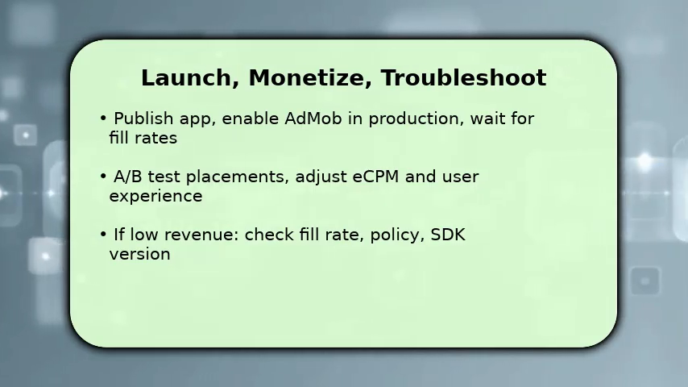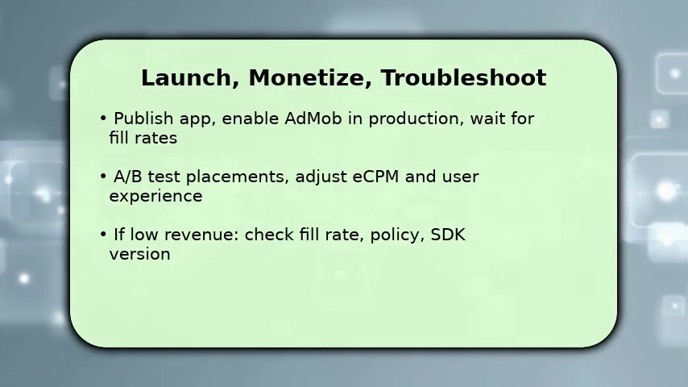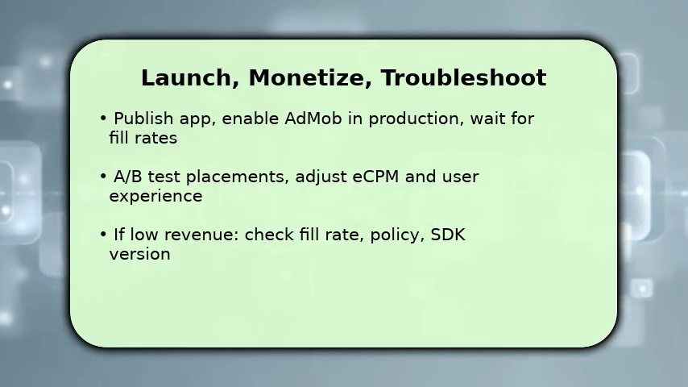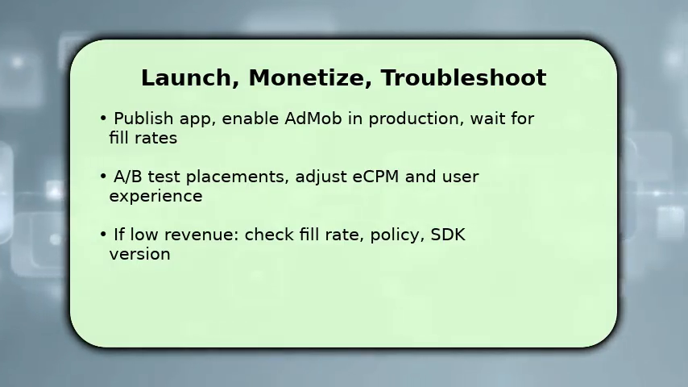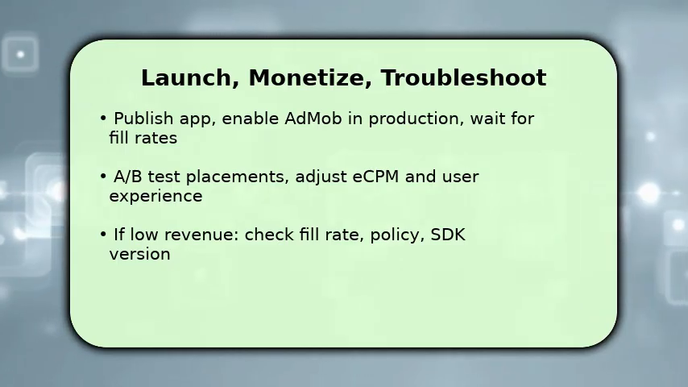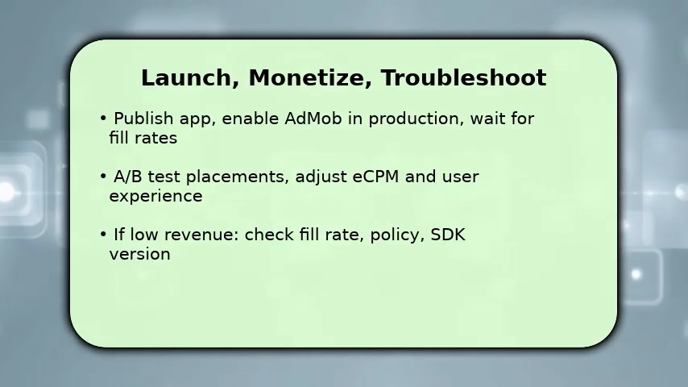Then run A/B tests on placement and frequency to improve revenue without hurting retention. If results are poor, inspect fill rate, ad source mediation, error logs, and SDK versions. One key troubleshooting tip: review AdMob policy and error codes first, because policy bans or test ad IDs